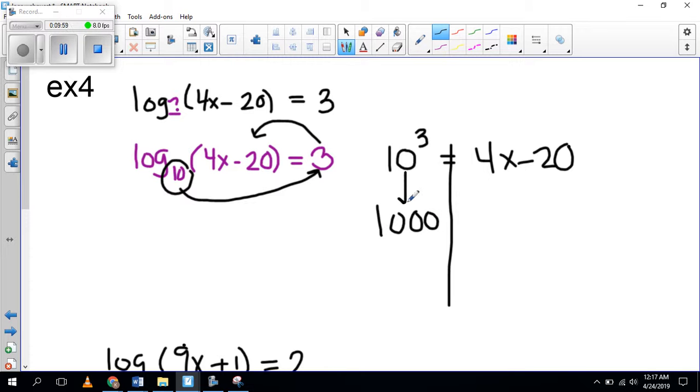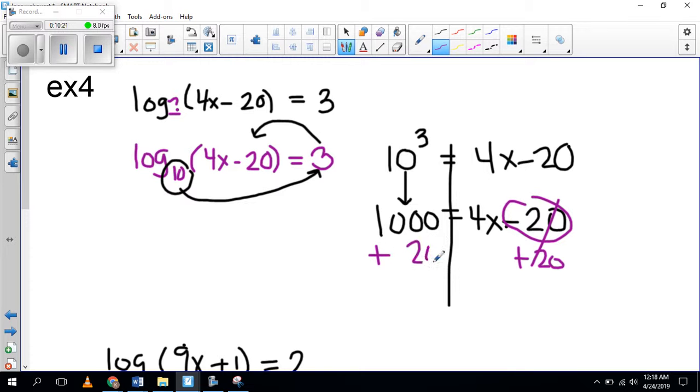And we just bring the other side down, 4x minus 20. And then now we're solving for x. So we're trying to get things away from x. So I got to get rid of this negative 20 by adding 20 to both sides. So we get 1,020